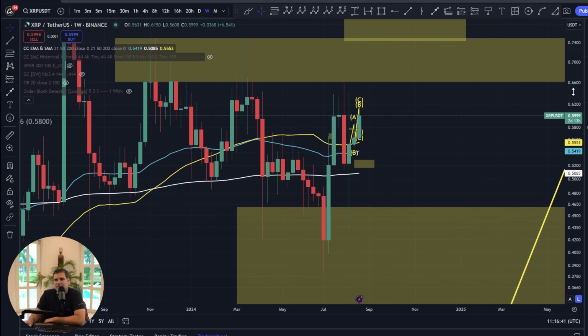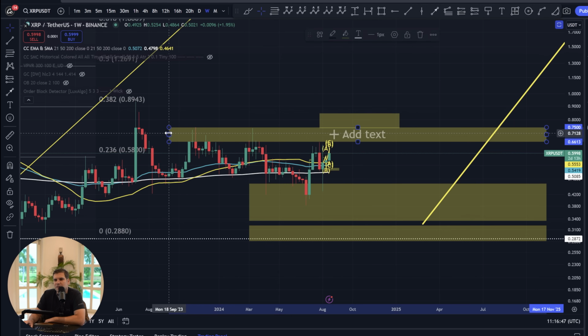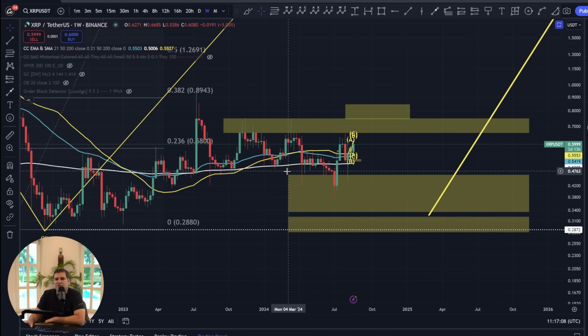Roll it up into a weekly, so the bigger macro picture. Realistically speaking, all we've really done for a very long time is bounce between the high levels of 66 to 75 cents and the low level of accumulation between 33.46 and 46.16. And that remains very much the story as it is today. And we are basically bouncing between these higher ranges and the low ranges, and I don't think that's going to change until we can see everything that's going on with